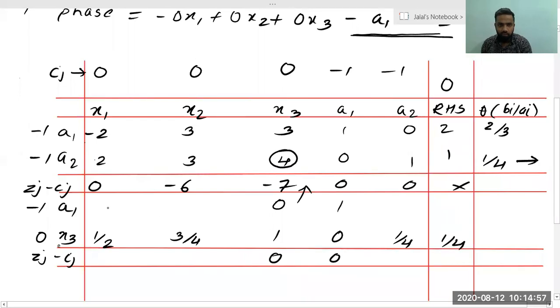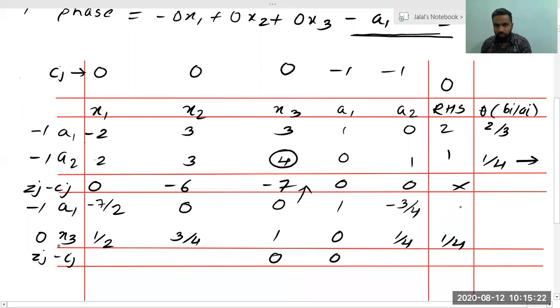Okay, now we need to find these values. This will be minus 8, right? Minus 8, minus 6, minus 14 divided by 4. So minus 14 by 4 is minus 7 by 2, if I'm not wrong. Then this is 12, right? 12 minus 12, this will automatically be 0. This will be 0, minus 3 by 4.